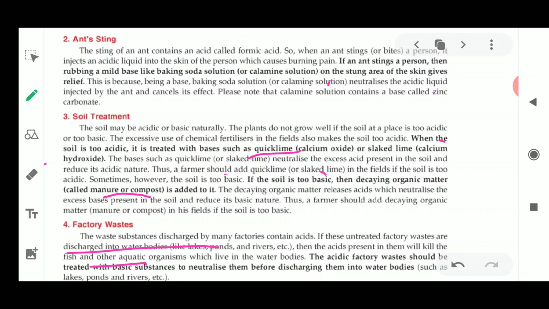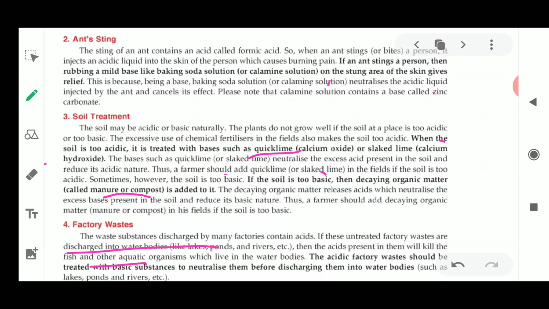Now why are they going to kill the fish and other aquatic animals? Because, as we are not able to drink such acids and bases directly, because they are very corrosive, similarly, if the factory wastes are directly added in the ponds and the rivers, then they are going to harm the animals and the plants. Why? Because again they cannot drink, isn't it? They are going to ruin their gills, and the plants are also totally ruined because of the acid which is discharged in the pond. Now this is going to kill.